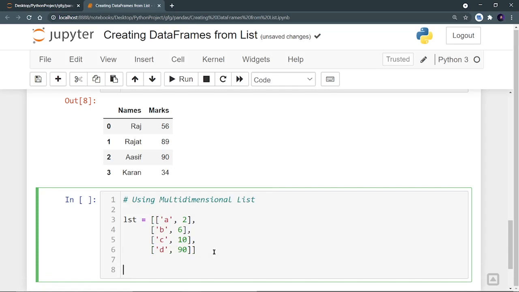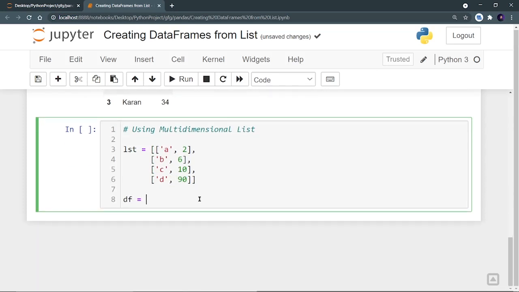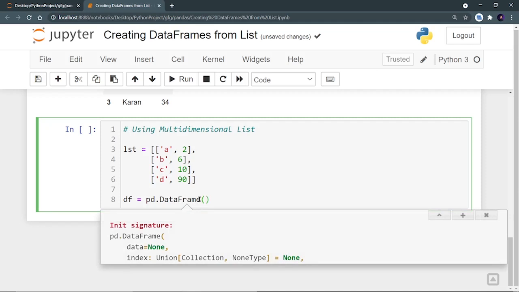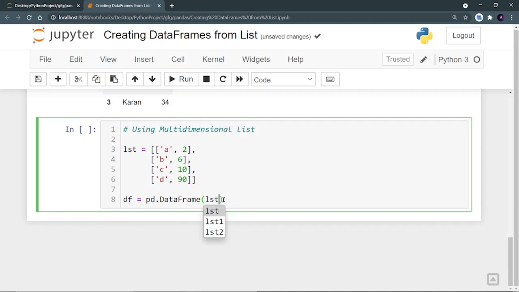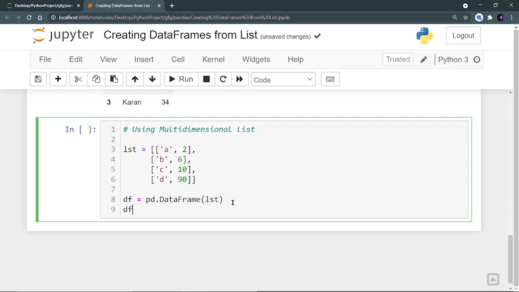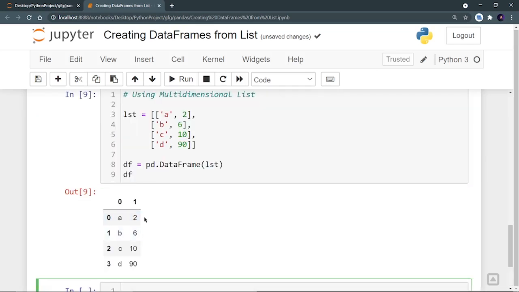And if I create a data frame, so df is equal to pd dot DataFrame, and I provided that list, and I am also going to provide columns. So let's first print this df only. So seeing this output, I can say that the first elements of every list will form my first column.